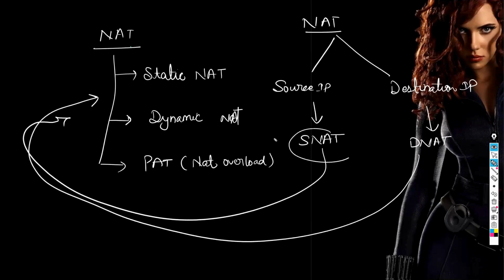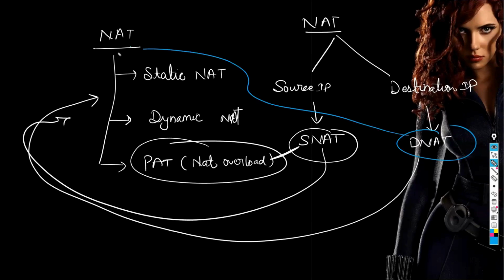But still, in the case of source NAT, we mostly use PAT. They are correlated with each other. And in the case of destination NAT, we mostly rely on static NAT. This is not a rule that you always have to use PAT in case of SNAT and static NAT in case of DNAT. It totally depends on the requirement. Most requirements come in such a situation that SNAT depends on PAT, and DNAT uses static NAT. So if I go further in the learning,